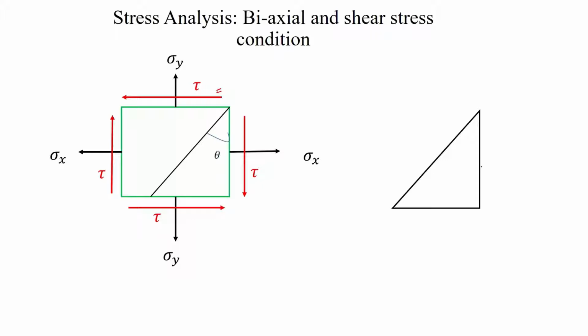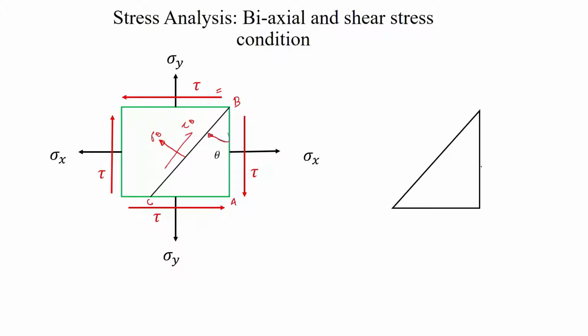So now we want to find out the direct stress and shear stress on this inclined plane. Let's say the direct stress on this plane is designated by sigma theta and shear stress on this plane is designated by tau theta, and this plane is inclined at theta angle with the vertical plane. So let's say this is A, this is B and this is C. So this BC plane is inclined plane which is inclined at theta angle with AB vertical plane, and this theta is measured in clockwise direction. So this is positive according to our sign convention.